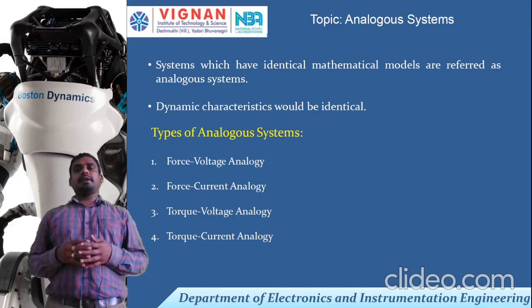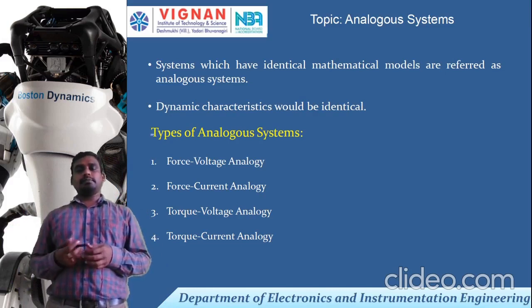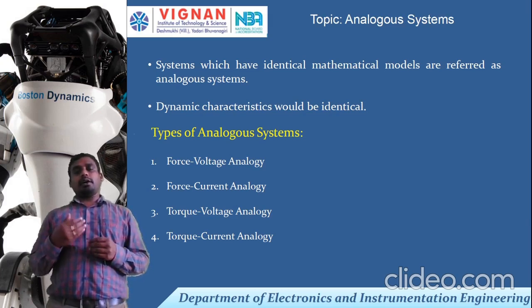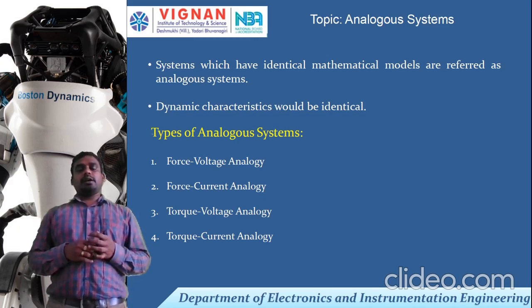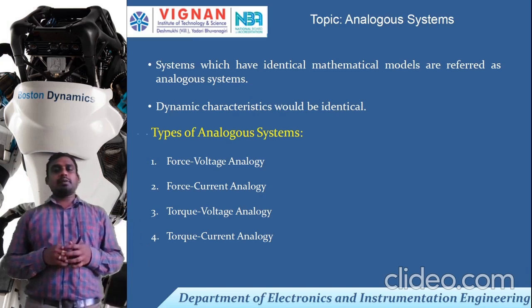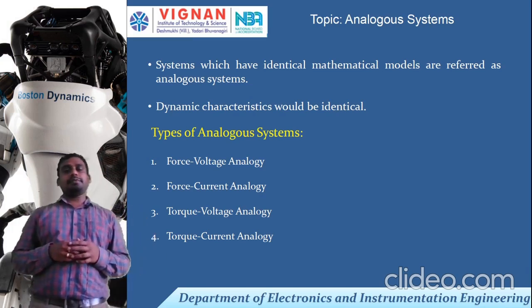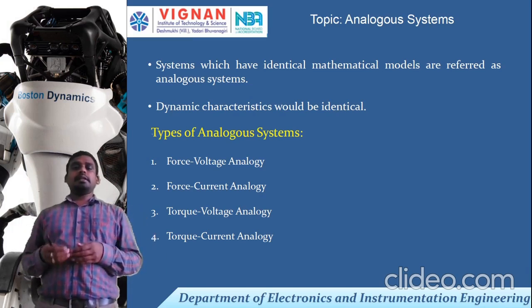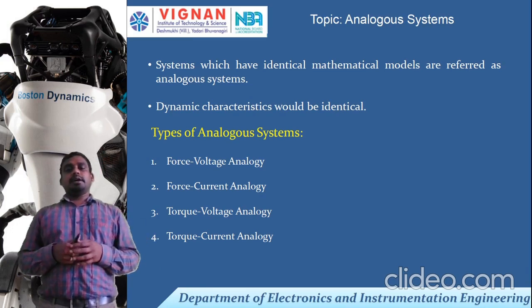In the previous class, we have gone through the concept of analogous system. In analogous system, we learned how to convert a mechanical system into electrical system and vice versa. Basically, in mechanical system, we'll be having the input parameters like force and torque, and we are converting in terms of electrical system. We'll be representing in terms of voltage or current, right? So in this class, we are going to discuss what is the feedback system and the effects of feedback system, different parameters that affects the feedback system, right?